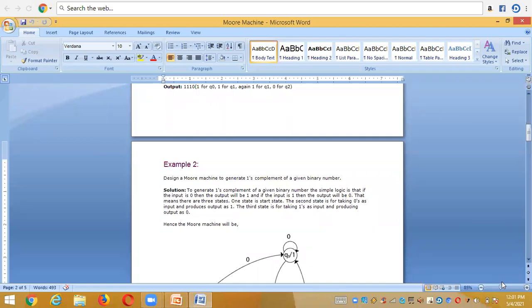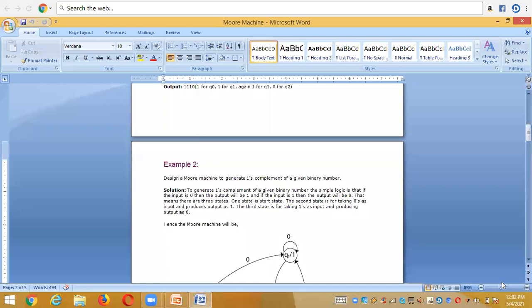That means my question is to design. I need to design my own transition diagram, and then after that I need to represent the transition table. Then after that I need to check whether the Mealy machine condition gets satisfied or not. Binary numbers means we already know zeros and ones are the binary numbers.